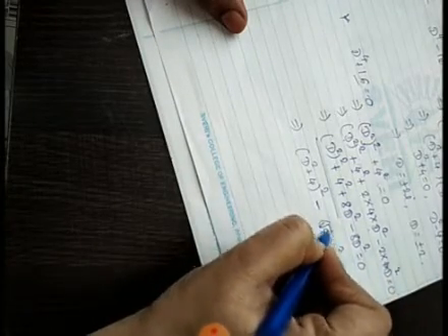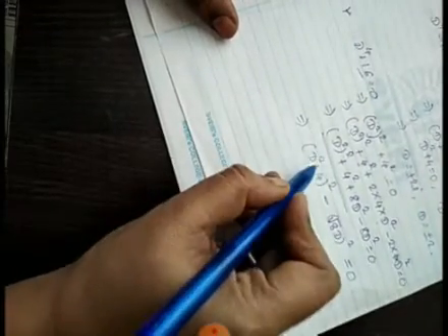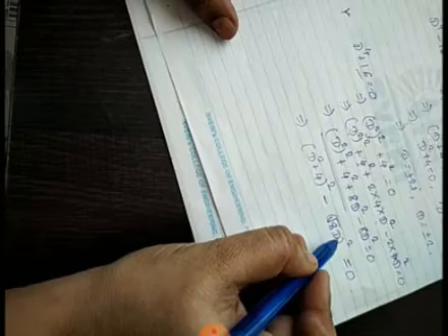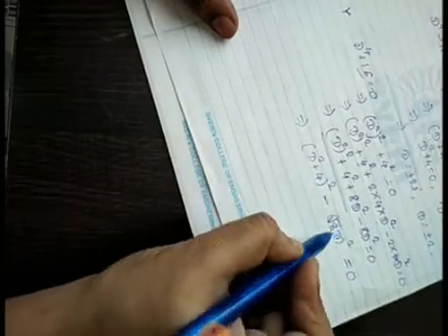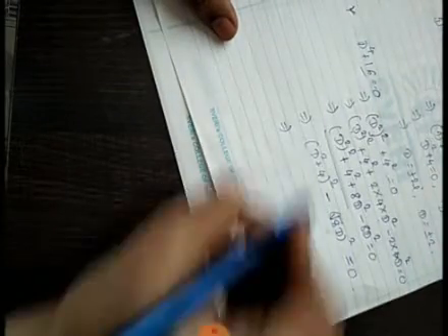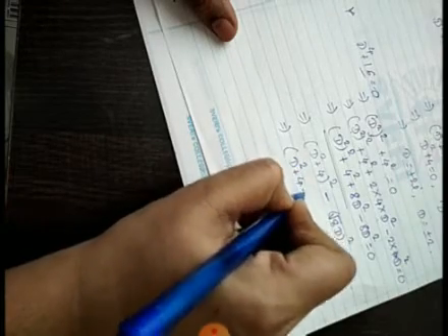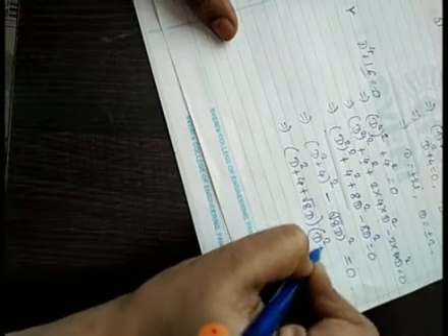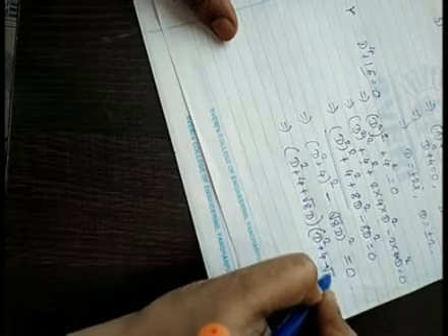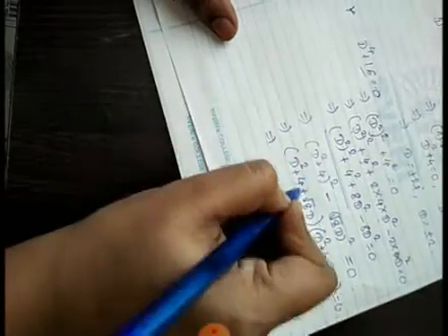Yes, it is root 8. Okay, so now what we are getting here is a square minus b square. This is your a, this is your b. A square minus b square is nothing but a plus b into a minus b. So what we can write next is a plus b in one bracket, a minus b in another bracket, equal to 0. Right, this is 0 and this is 0.